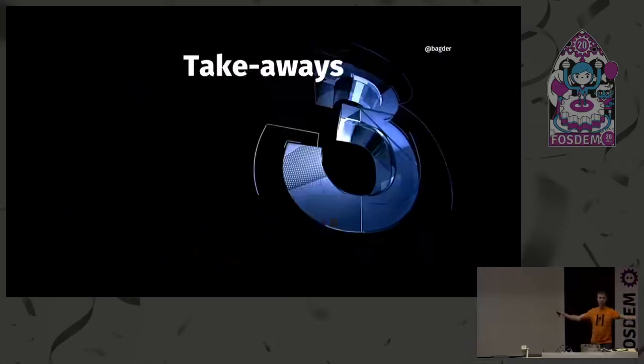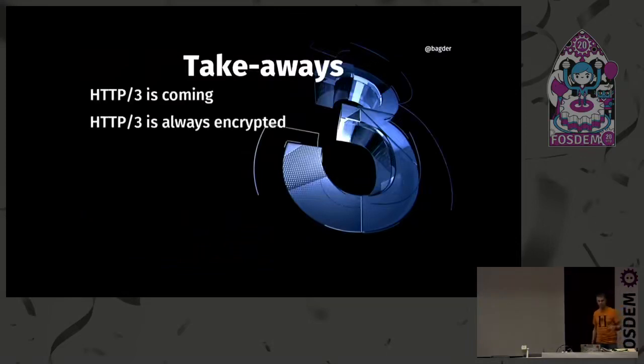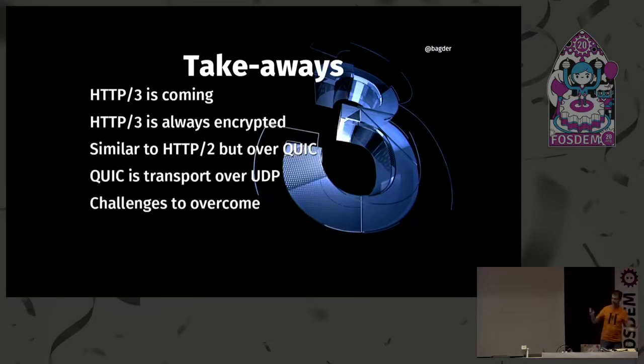Right. Whew. Now you can wake up over there. HTTP 3 is coming. It's going to be encrypted all the time, over QUIC, over UDP. There are a lot of challenges to do this, especially then in the server side, and might come mid-2020. I'm always the optimist. When I talked about HTTP 3 last year here at FOSDEM, I think I said mid-2019.